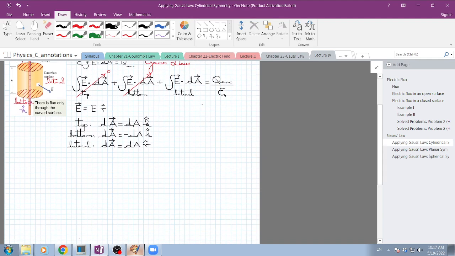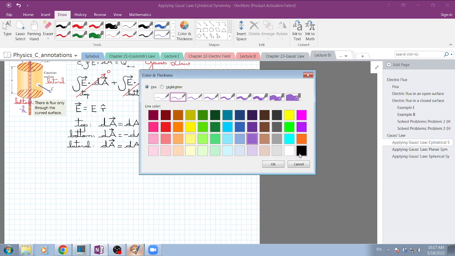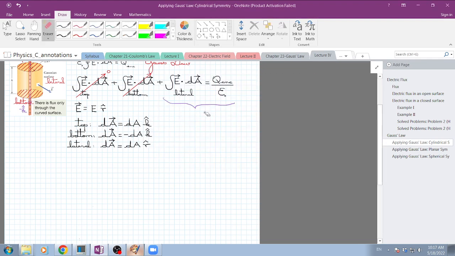What gives us only this integral here, right? And this integral here is easy to solve. Because since the field is constant, this integral is going to be E times A, equals the charge divided by epsilon naught, since we can write this